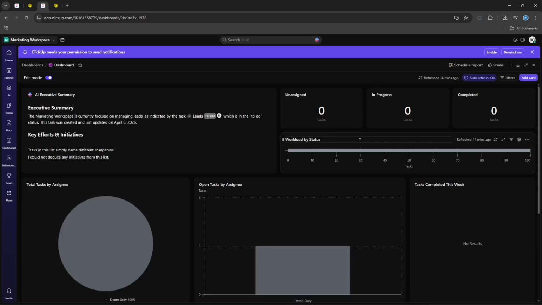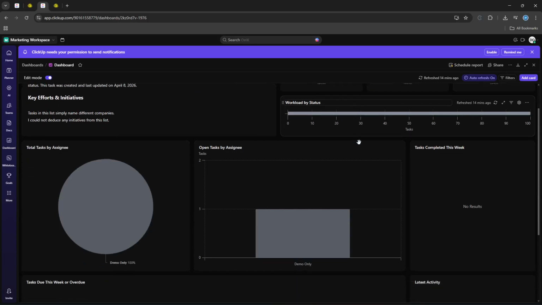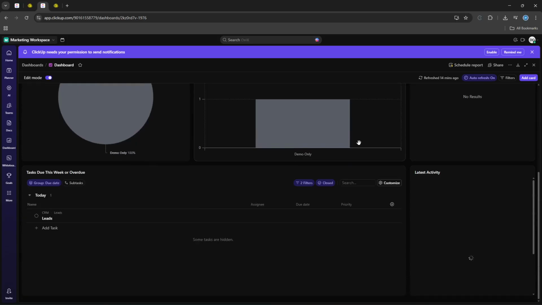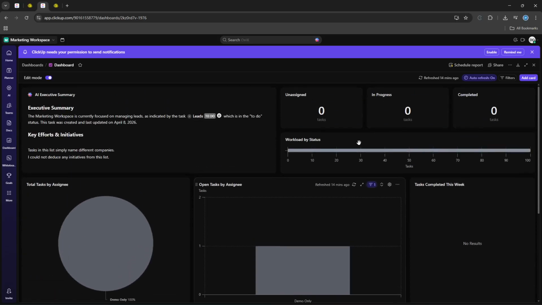If dashboards and reporting matter to you, ClickUp's built-in analytics make it easier to monitor workload, progress, and outcomes. And because it includes integrated docs, time tracking, and workflow tools, you can keep planning, documentation, and execution tightly connected. This setup is best for teams running complex projects, juggling multiple workflows, and planning to scale their